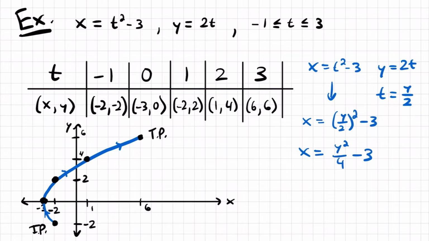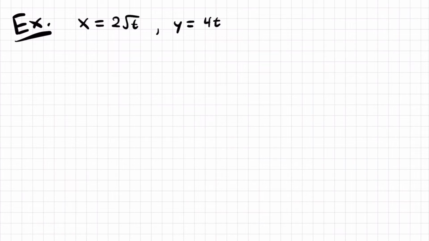All right, but keeping that in mind, let's take a look at another example and let's try to use that method again of eliminating the parameter in order to sketch a plane curve. All right, so here's our second example. This time our parametric equations are x is equal to 2 times the square root of t and y is equal to 4 times t. Once again, these are parametric equations because both x and y are defined in terms of another variable, t, that